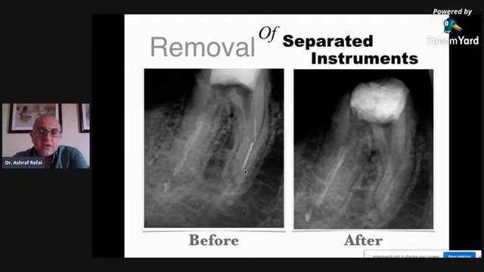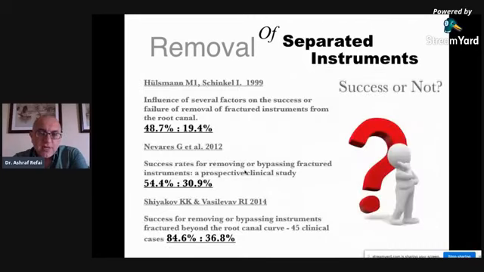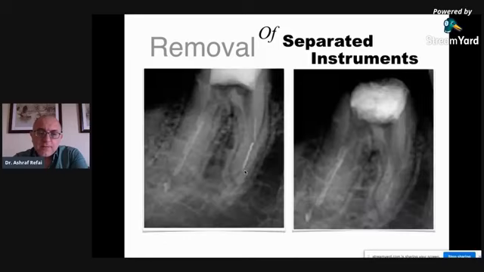In this case, I removed this with a tube system. And I just wanted to show, just out of curiosity, if you can see here, this is the preoperative. This looks like the outline of a tapered stone, a tapered diamond stone with a flat end. And before this general dentist referred this case to me, it seems he inserted a diamond stone into the canal to try and retrieve this instrument.